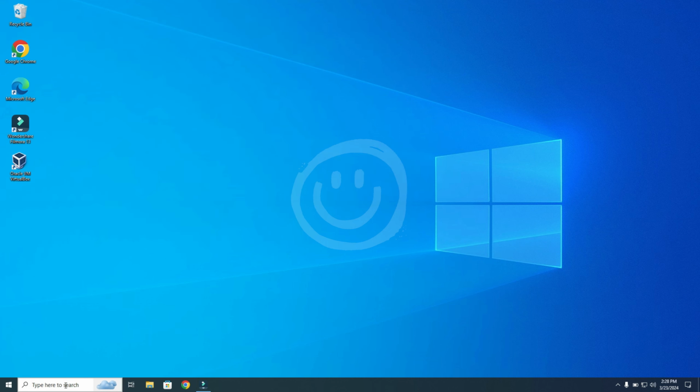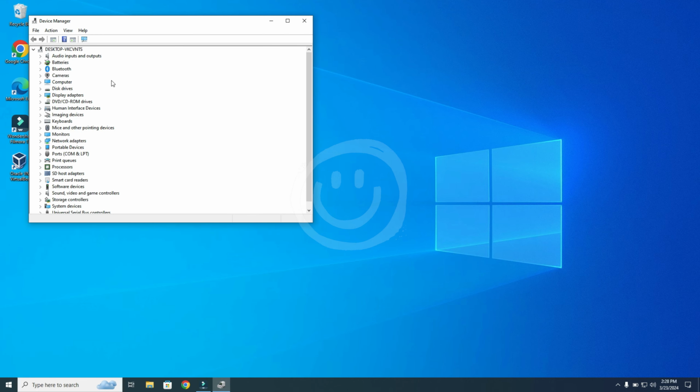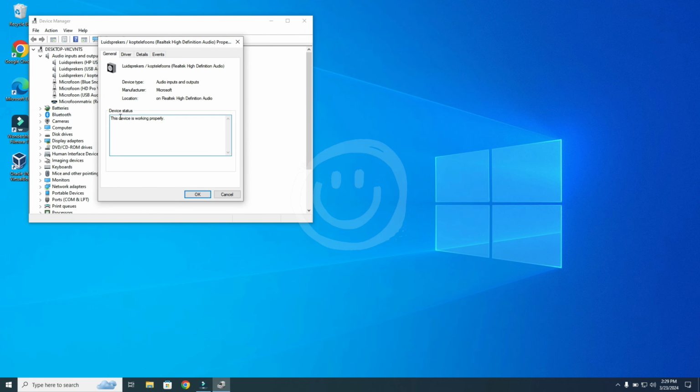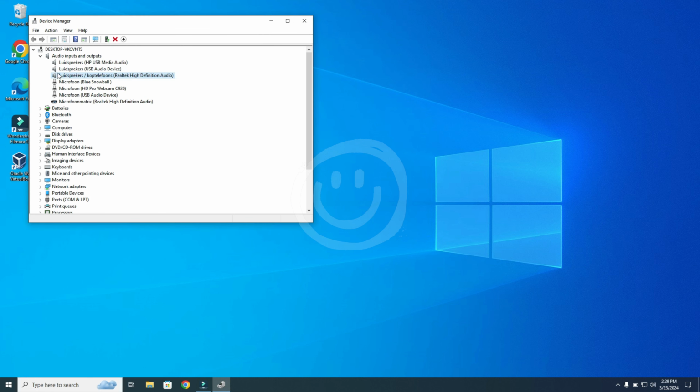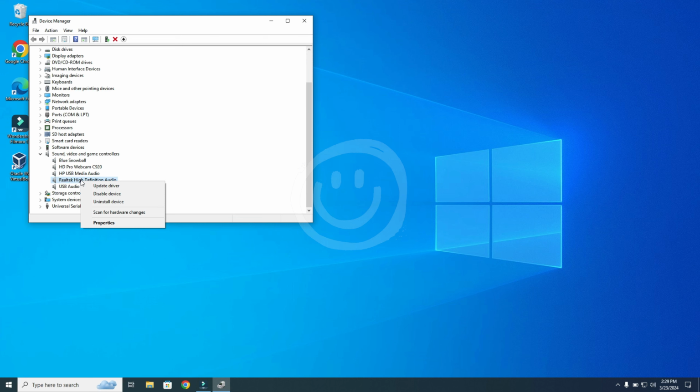Now you need to go back to your search area over here and you go to Device Manager, and instead of going to Sound, Video and Game Controllers, you need to go to Audio Inputs and Outputs. And here you can select the device that is not working at the moment. So this one for example. You right click it, you go to Properties, and here you can do the exact same steps as we did previously. So update driver, and after that you need to restart your system and try if the sound is working now. If that is not working, you can also go to Sound, Video and Game Controllers again to open up that part, and then right click on the device that's not working, Properties,